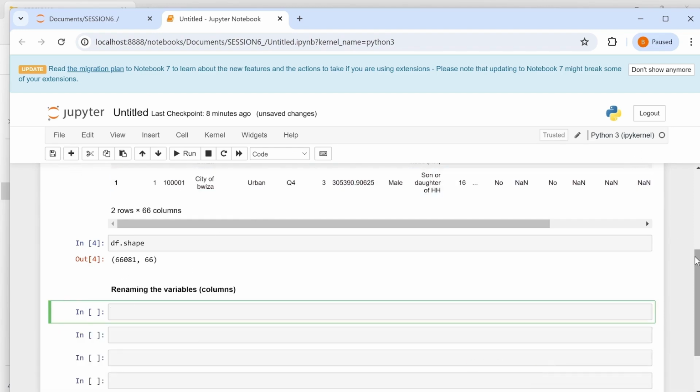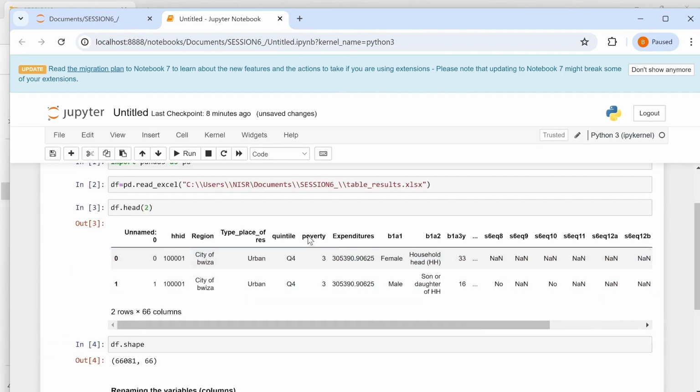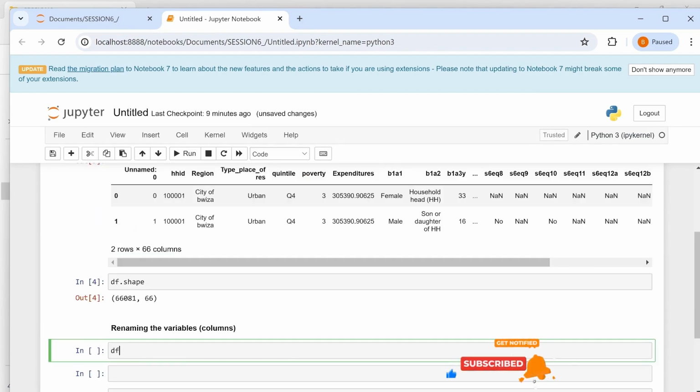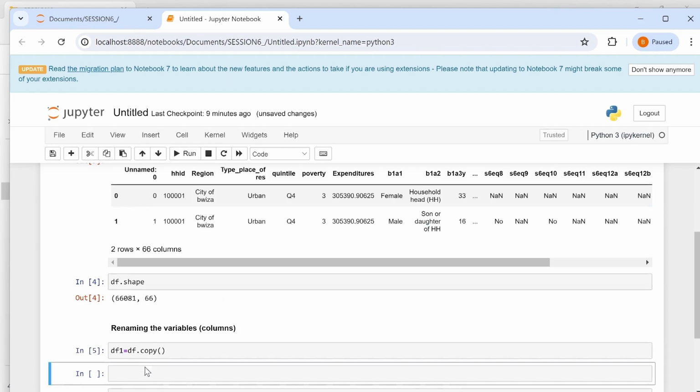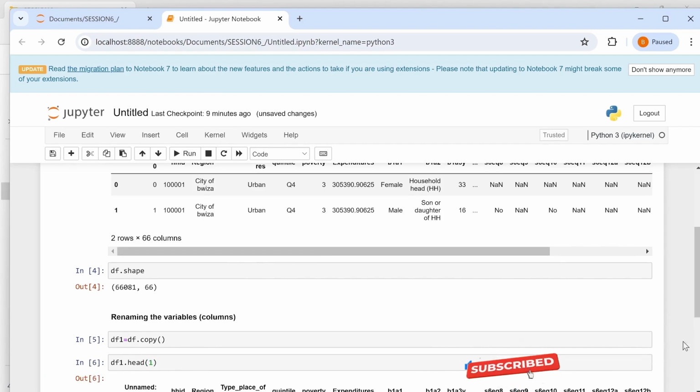Okay. To rename the variables, we need to copy this data frame because we don't want to change the original data frame. Just say data frame 1, df1 equal to the original data frame, df.copy. Run. Execute your new data frame, df1.head, limited to 1 row. Okay,